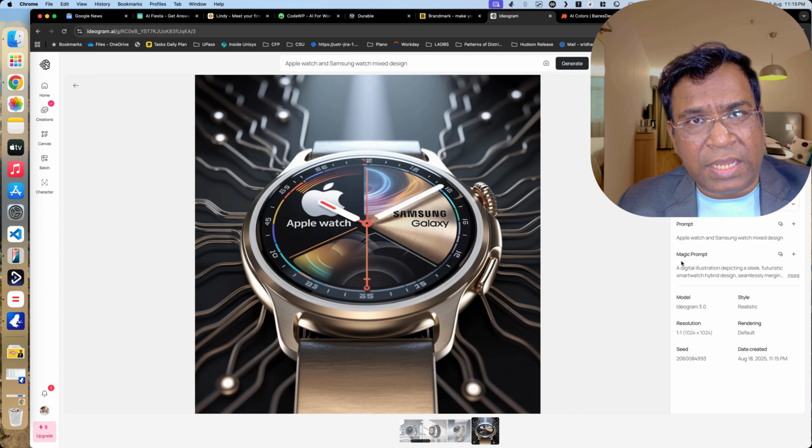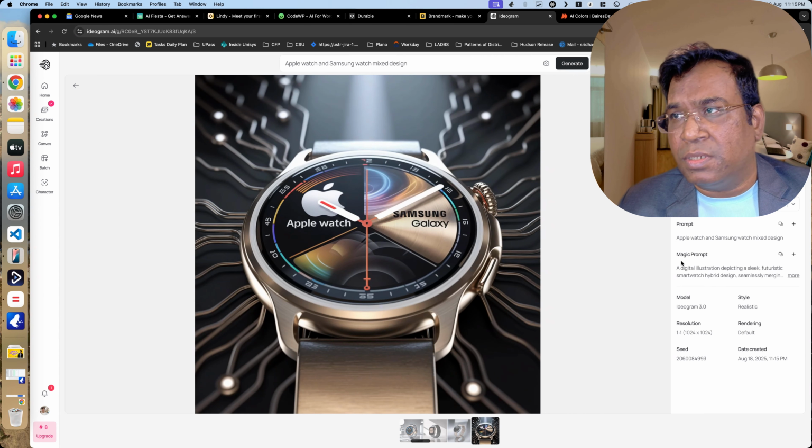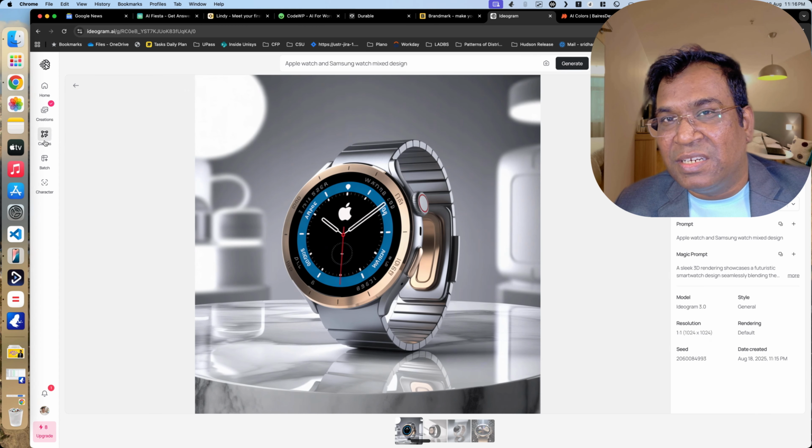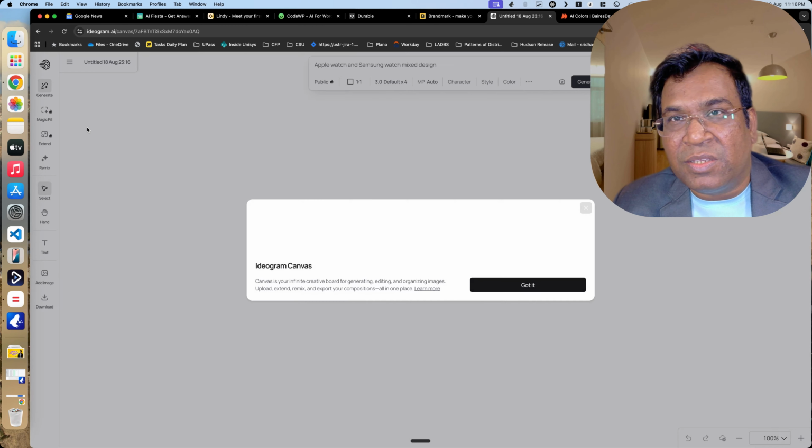There are many tools like Helio and Halo. They can also create very nice videos, right? You can also use magic fill, remix, upscale, open in canvas, replace BG. So Apple Watch, Samsung Watch. Okay, so this is more of image generation, and with Ideogram maybe it is good for